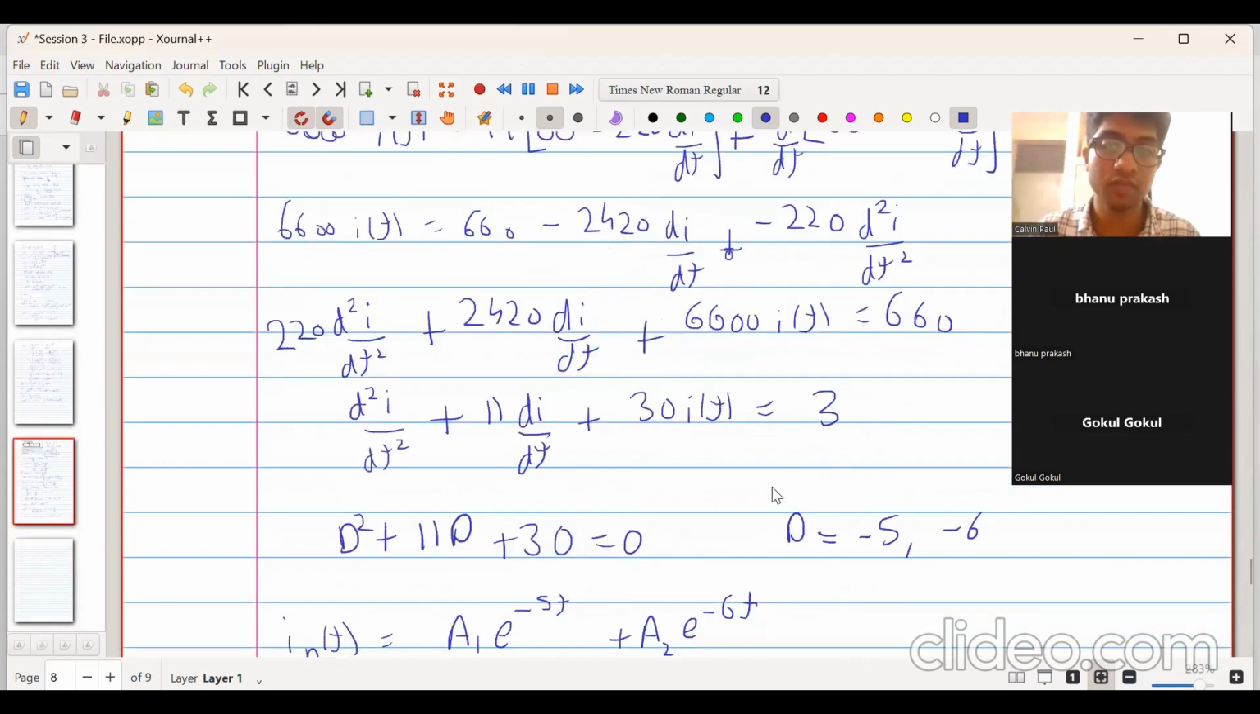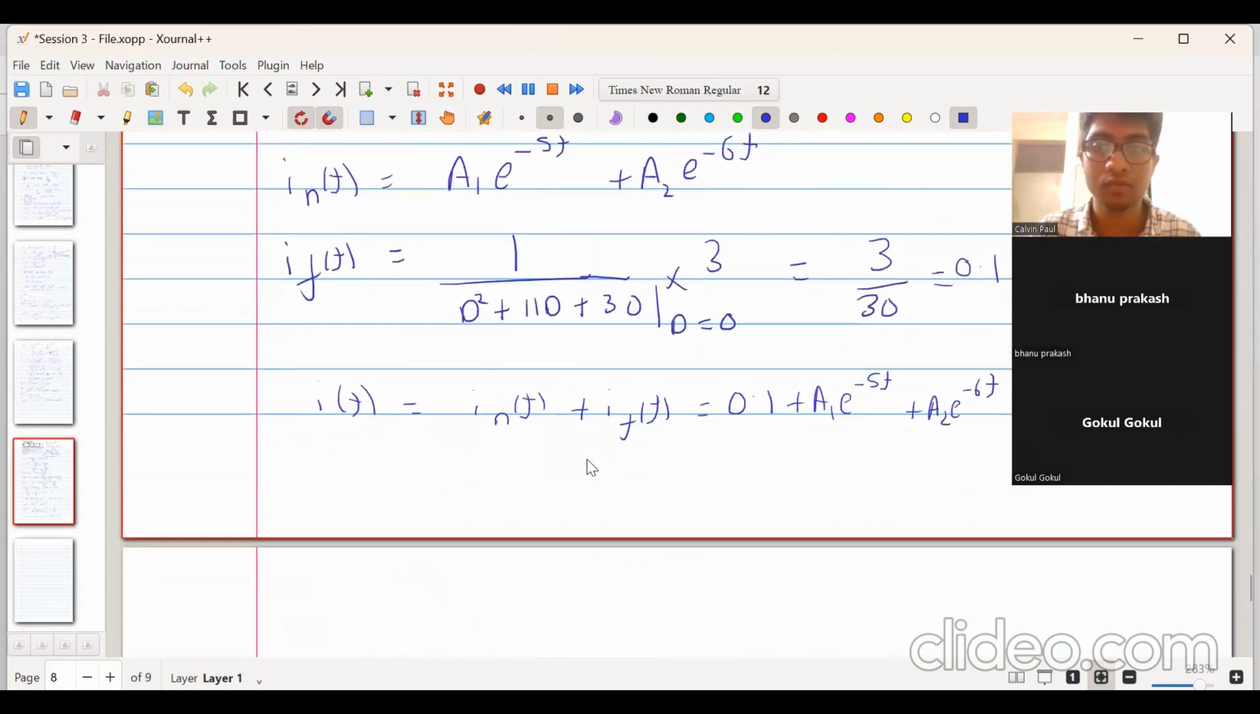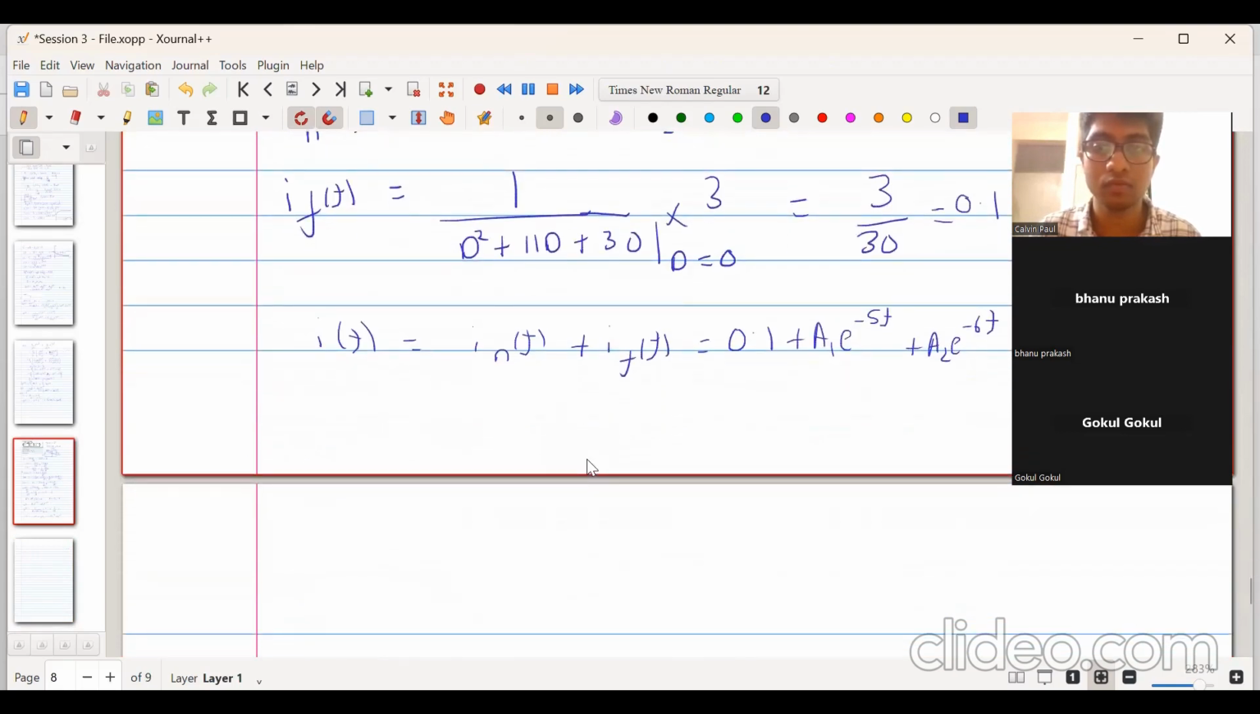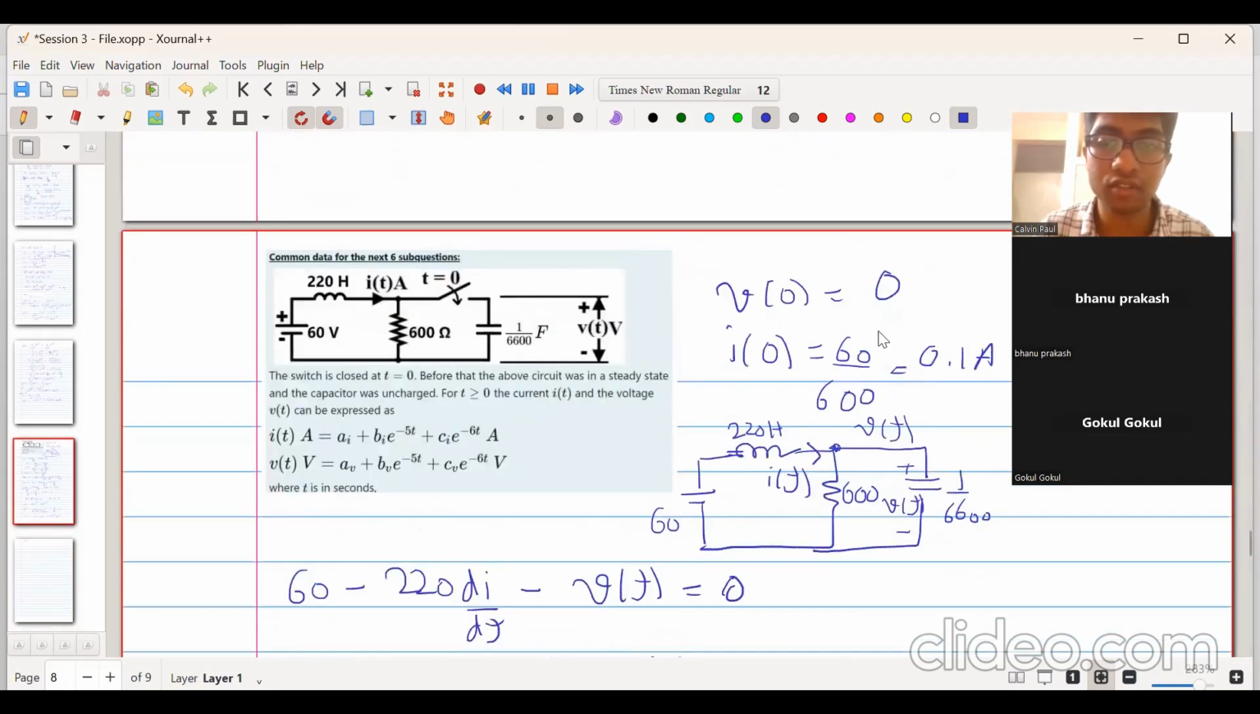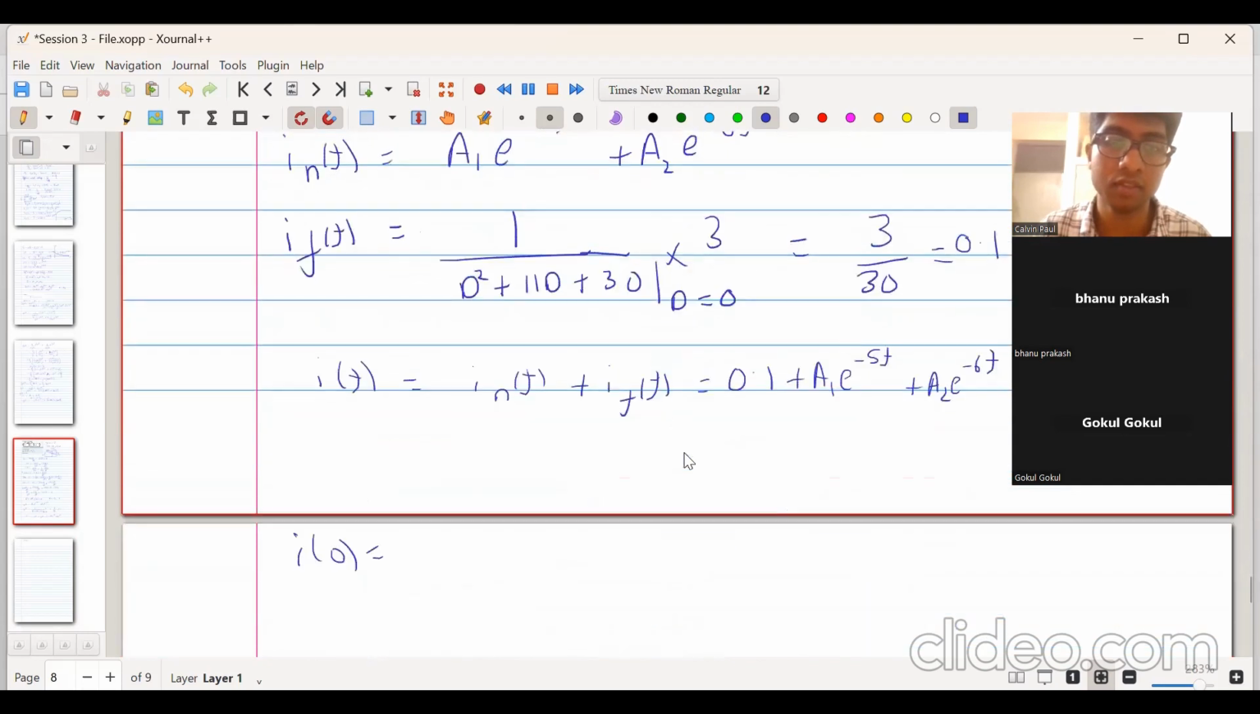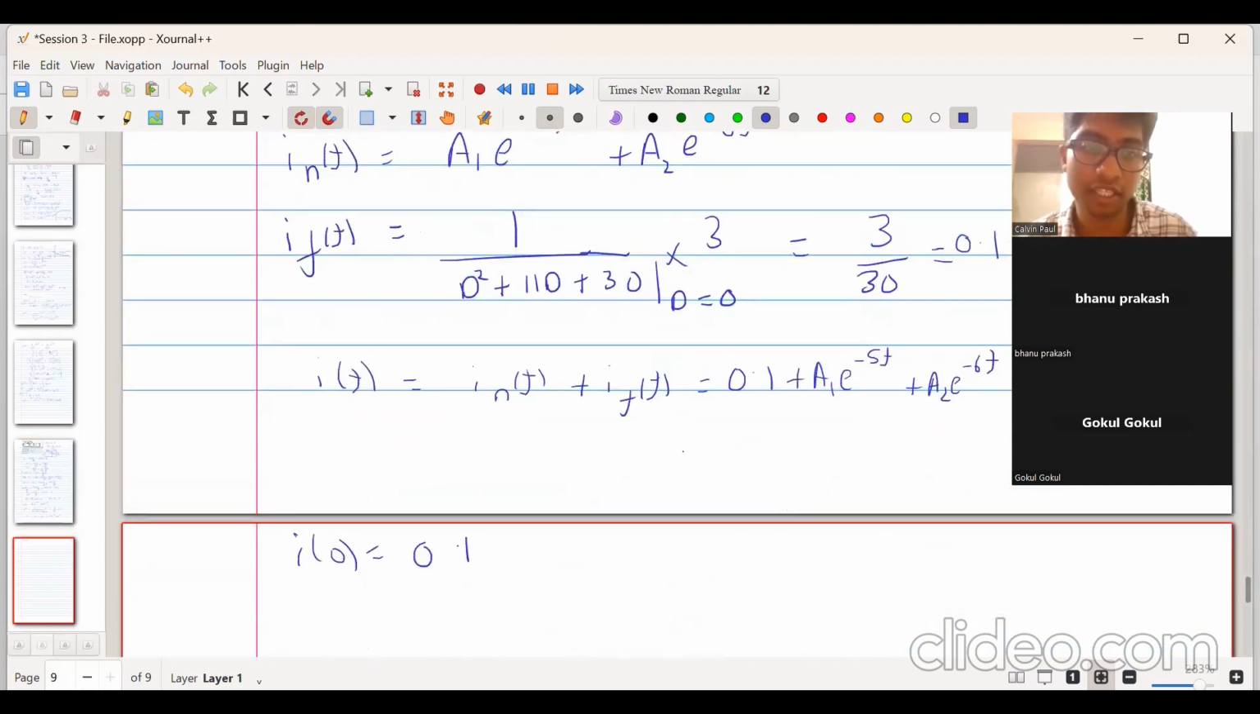Any doubts in this? No, sir. Okay. Now the initial value of current, we know it to be at time t equal to 0, I of 0. What was the value of the current? We will see in the circuit I of 0 was equal to 0.1 ampere. So I of 0 is equal to 0.1. When we substitute here, we will get